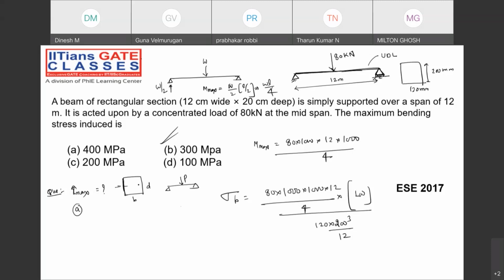Understood the question? All of you understood the problem? The length is L. The load is P, that is acting exactly at the mid span. The beam cross section is B into D, that is rectangular cross section. They are asking what is the maximum bending stress, simply. So option number 1 will be 3/2 P divided by BD, 3/4 P divided by BD, 3/8